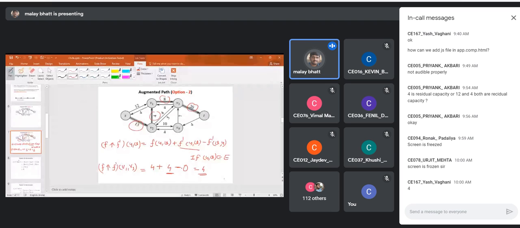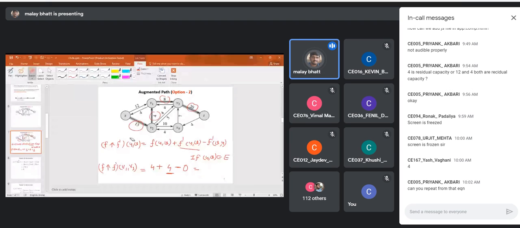So either f dash uv will be selected or f dash vu will be selected, any one, not both. Both is not possible, otherwise it will turn out to be 0. Is it clear? So that's why we are getting the value as 8. 4 plus 4, 8. If you do an augmentation, the previous value from v1 to v3 was 4.